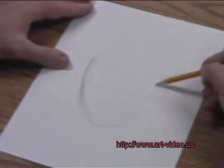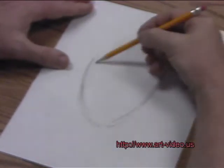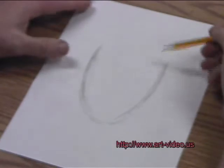And so I first have to start off with the egg shape, and that's for everybody. Now my goal when I'm drawing this person is to try to make it look, to start with,